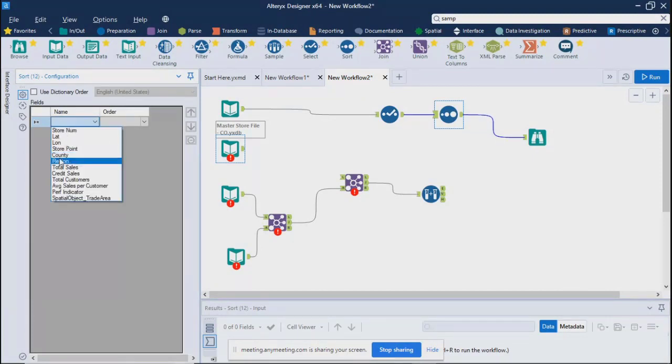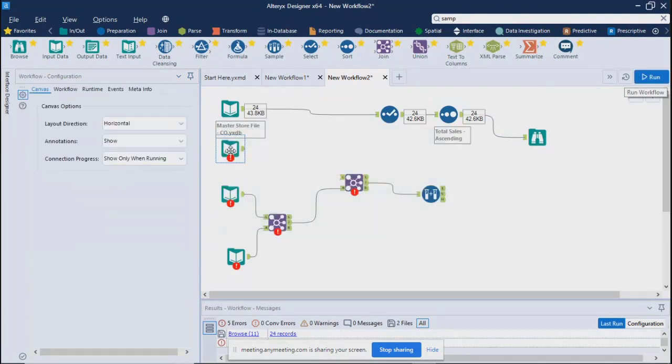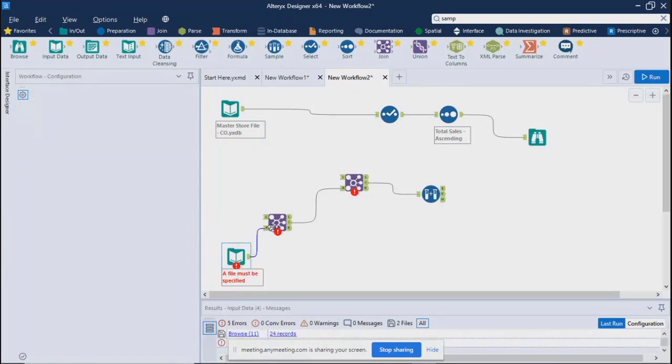In the case of the select or auto field tool, there is one difference between both of them. We can change the data type in both of them, right? In auto field also and in select also. It's a data conversion.